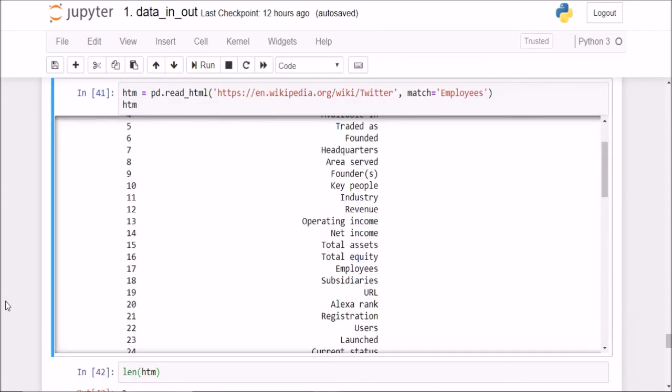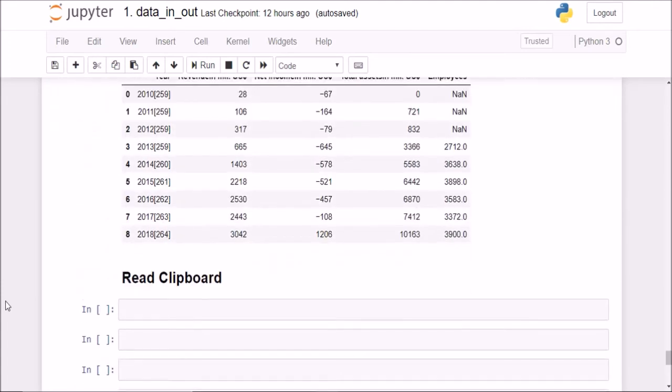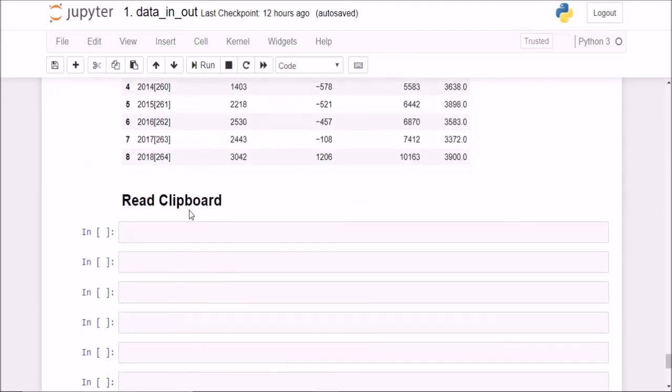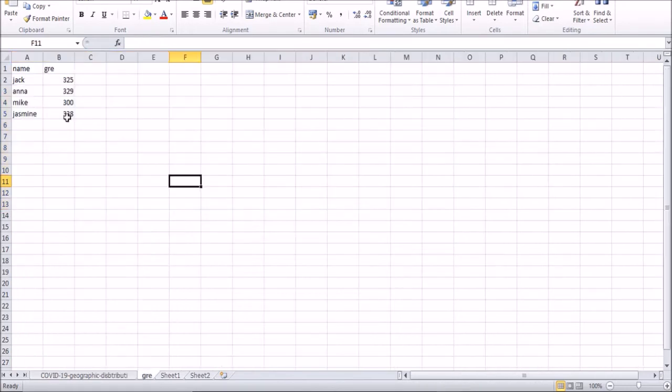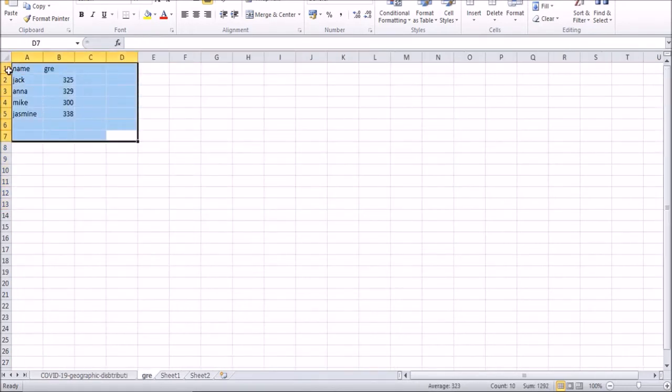The next one that we will look at is read clipboard. This is a very quick and dirty way. I will not encourage you to use it in your practice, but it is a handy thing to know. It is a very simple and interesting thing also. Now if I want, for example, this data set,